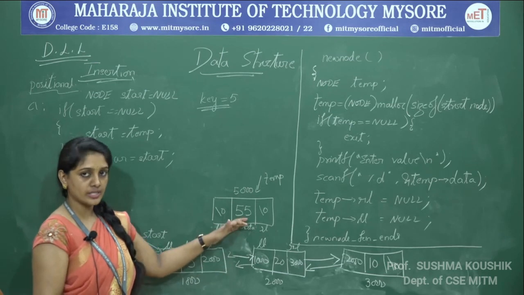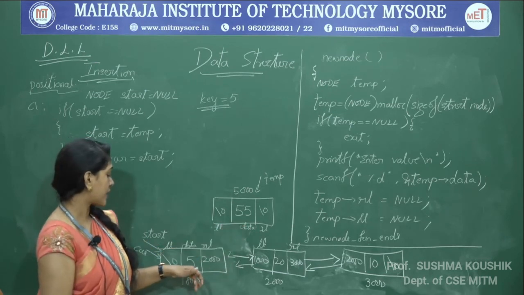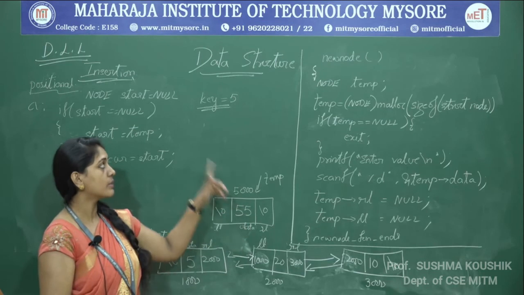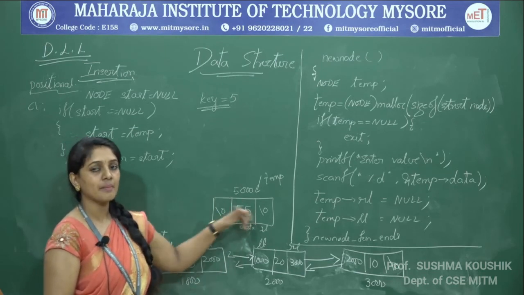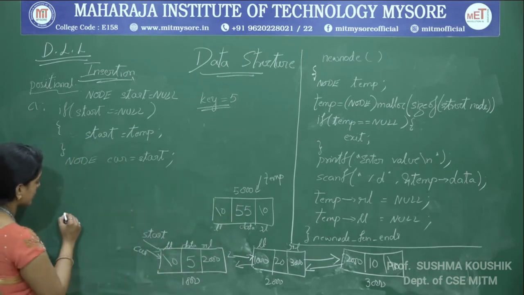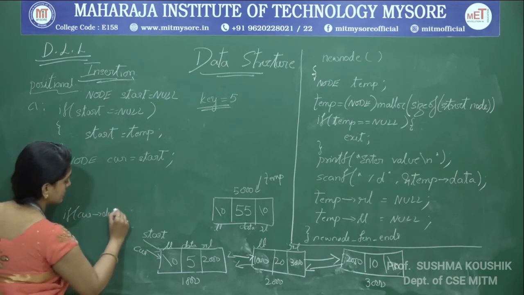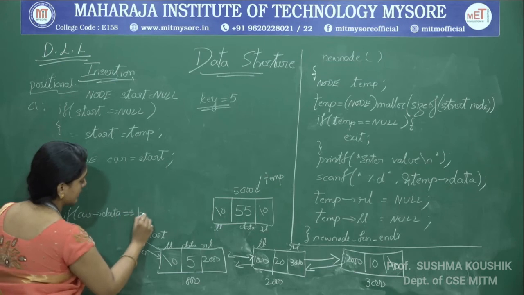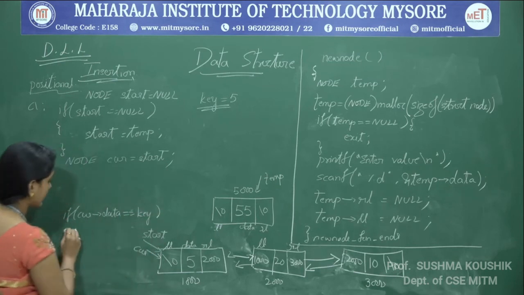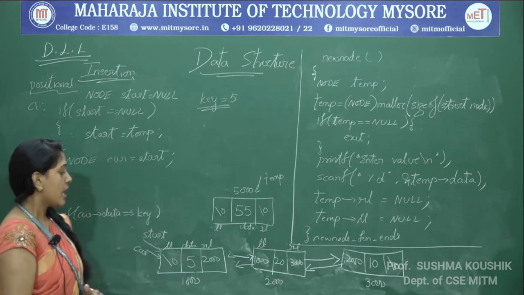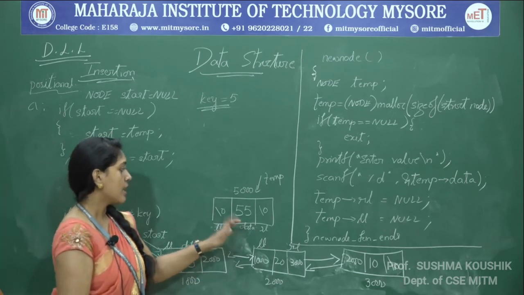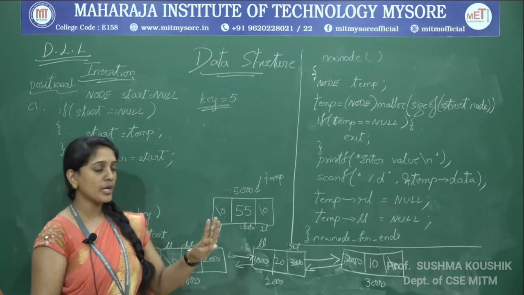Fortunately it is the next node itself, so if I just check if current of data is equal to key, then I will get the match. So I will directly check if current of data is equal to key. Since it is true, we can do the insertion directly. How do we do the insertion now? I have to alter 4 pointers.